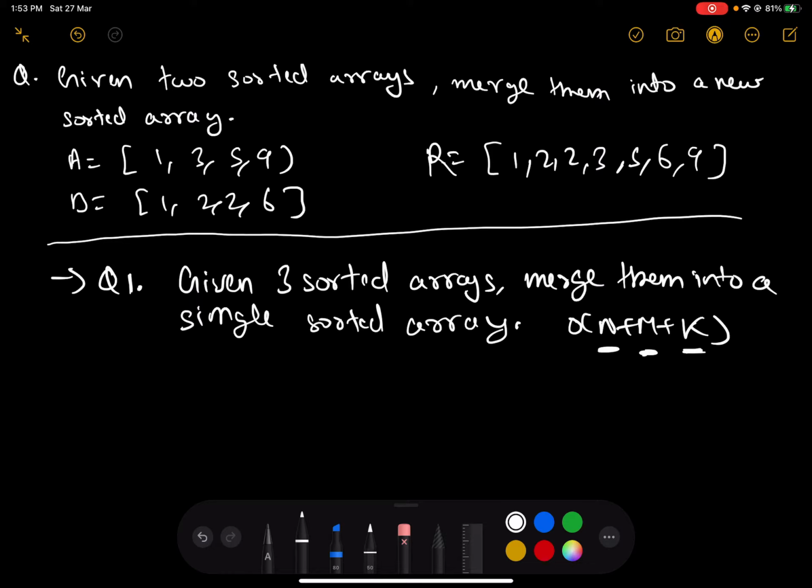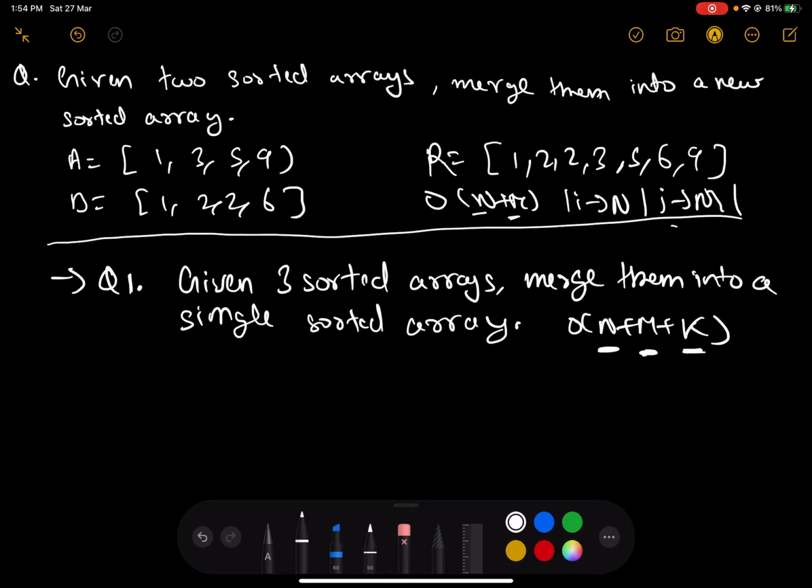The time complexity for this two pointer approach will be O of n plus m, where n is the number of elements in the first array and m is the number of elements in the second array. Why is that? Because i is incremented n times, j is incremented m times, and at each iteration either i or j is incremented, so the total time complexity is O of n plus m.